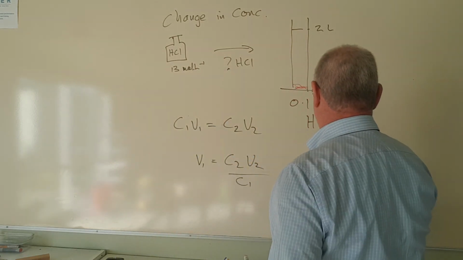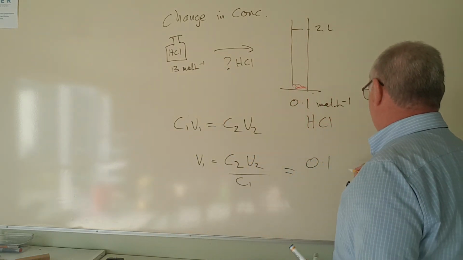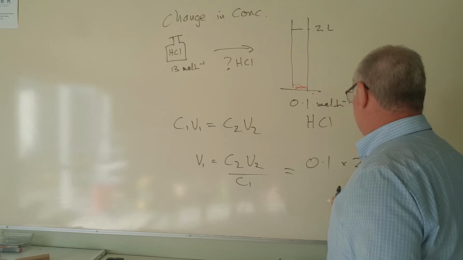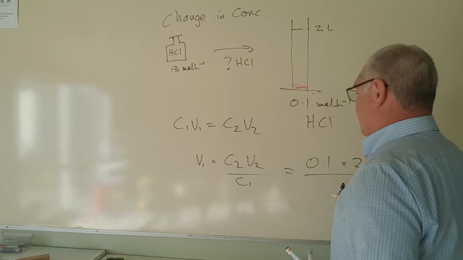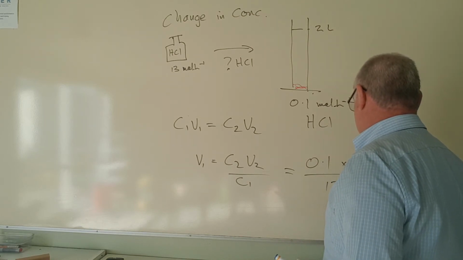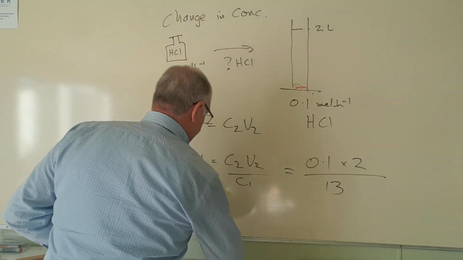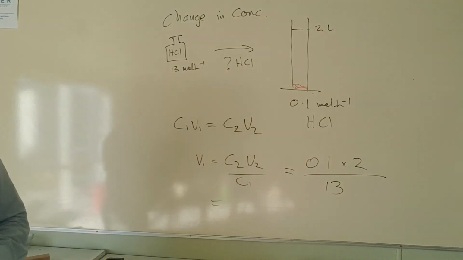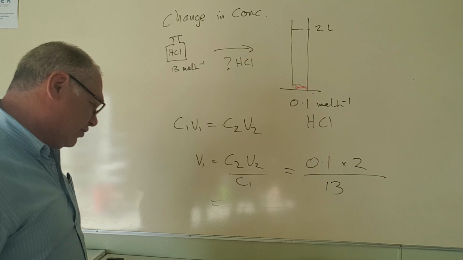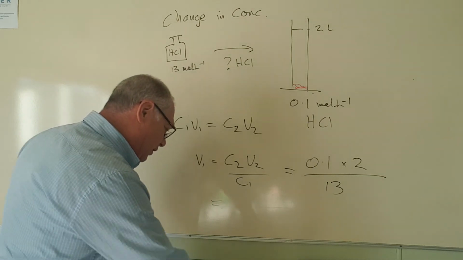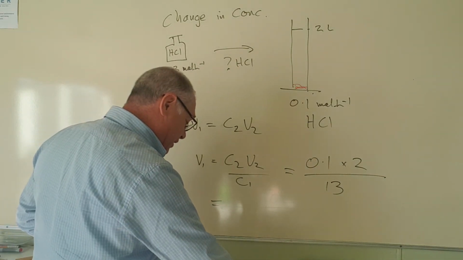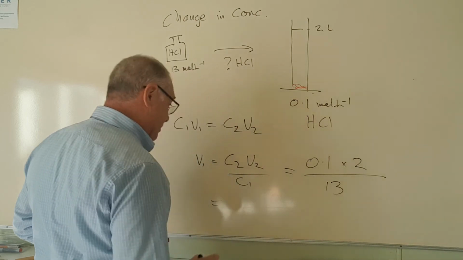The final concentration is 0.1. The final volume is 2. The initial concentration is 13. And when I put all of those into my calculator and crunch the numbers, I will get, and it's on my piece of paper,